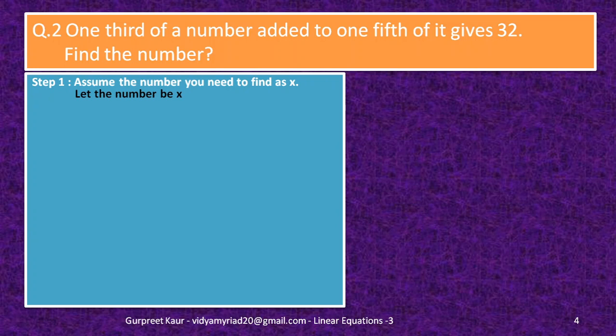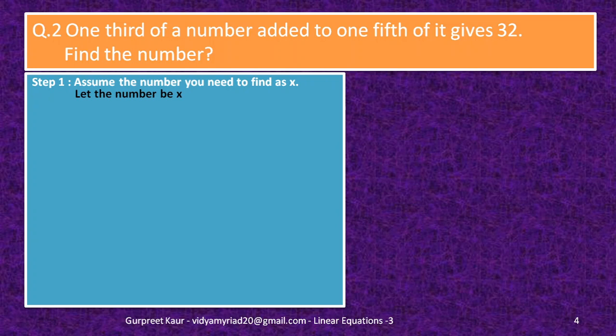Now, what happened with that number? 1/3 of a number. Now, suppose I tell you one situation. I say 1/3 of 15. That means 1/3 multiplied by 15. My answer comes to 5. Or I say half of 10, 1/2 multiplied by 10, that means 5. So, what I will do is I will multiply.